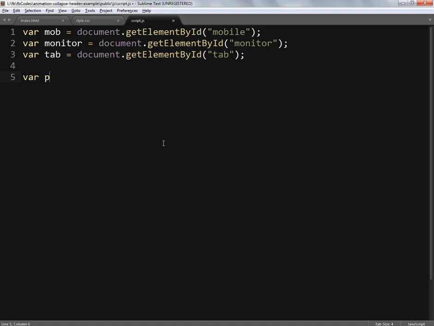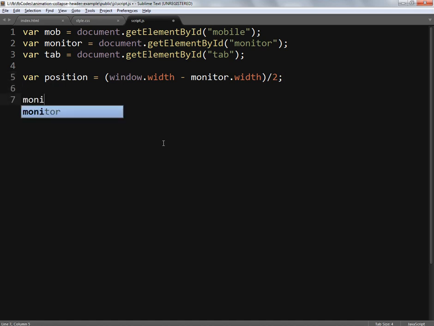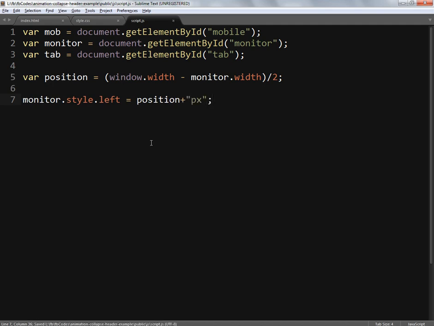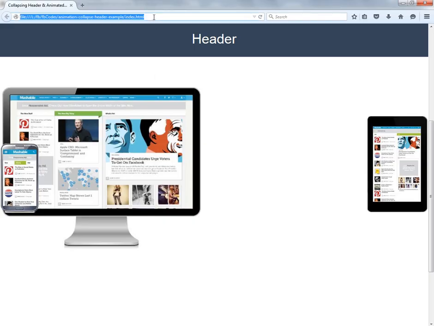Okay, position: window.width minus monitor.width, divided by 2, and monitor.style.left equals position, whatever pixels. If I go back and refresh the page,